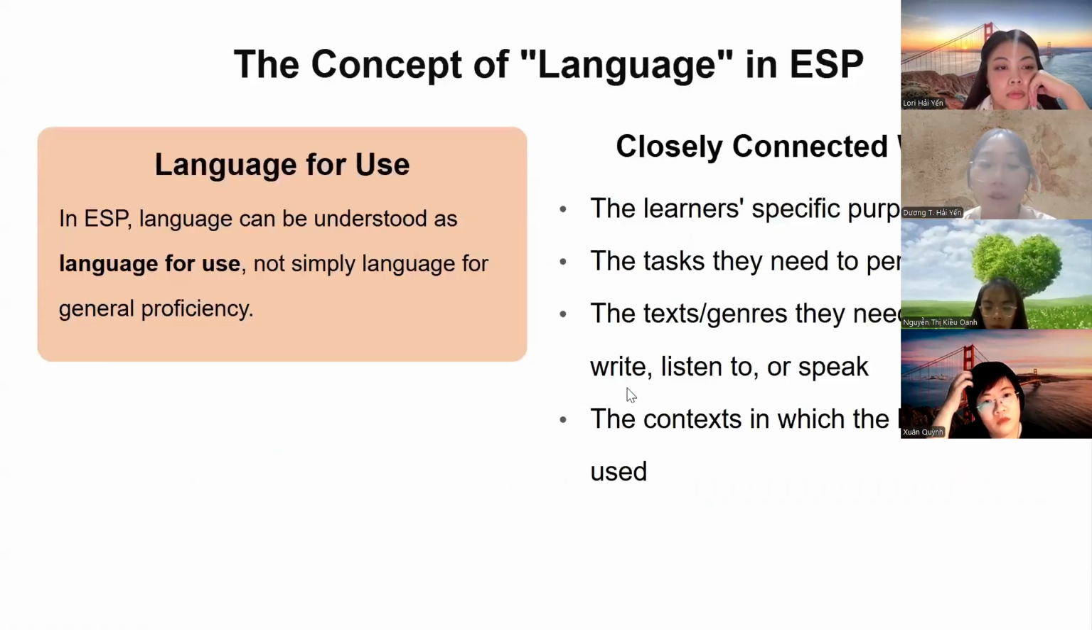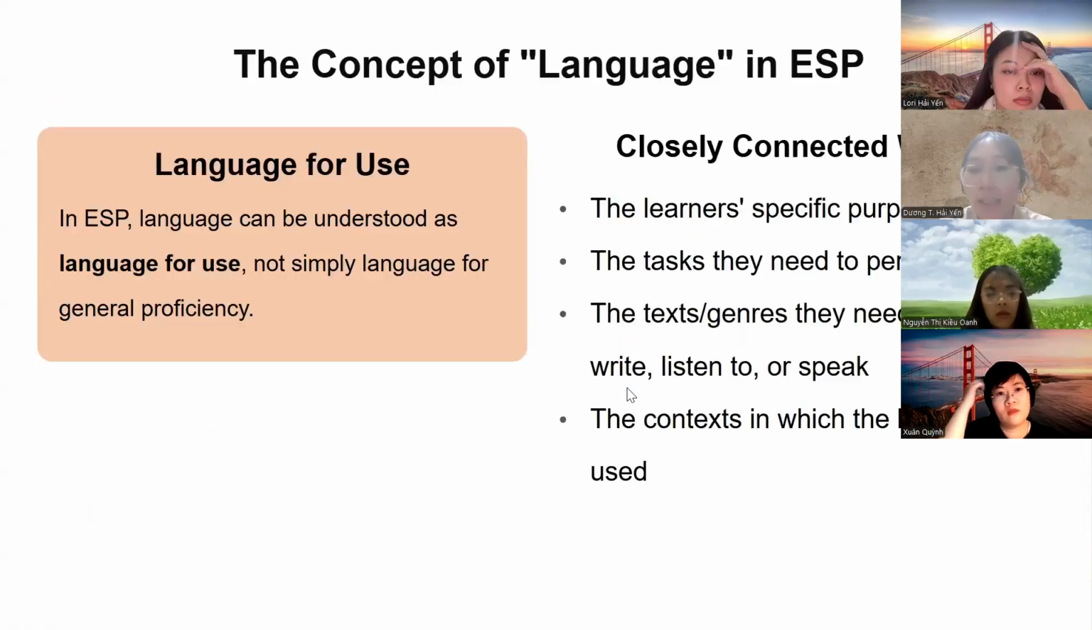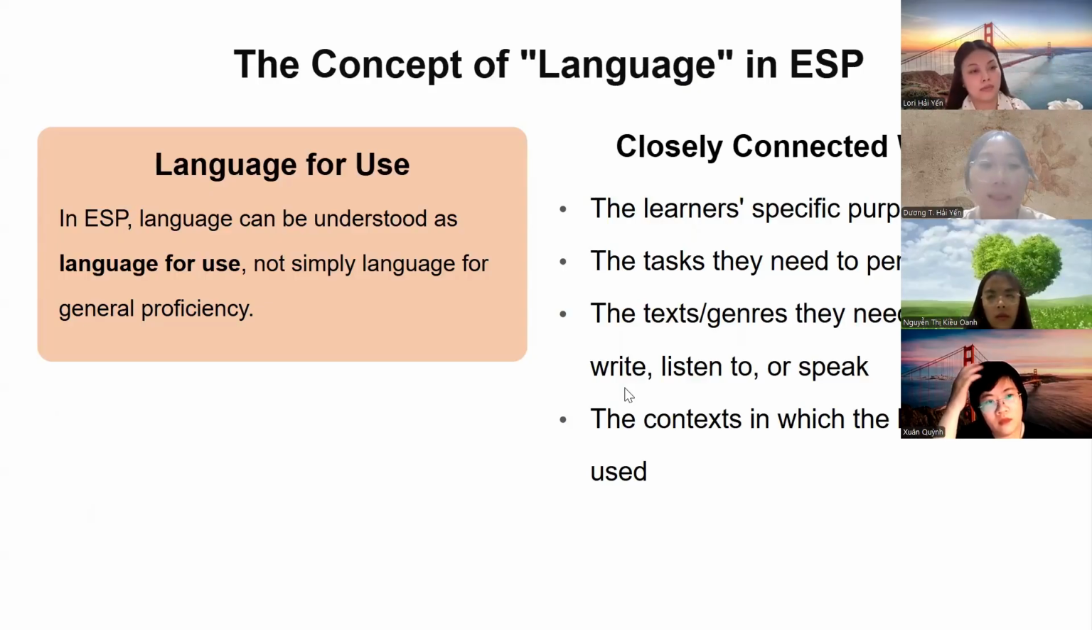So the main goal of ESP is to have learners use English to fulfill real needs in real life. Okay, so next I will move to the concept of language in ESP. So in ESP, language can be understood as language for use, not simply language for general proficiency only. Instead, this means language is taught for practical purposes, and it is closely connected with what learners need to